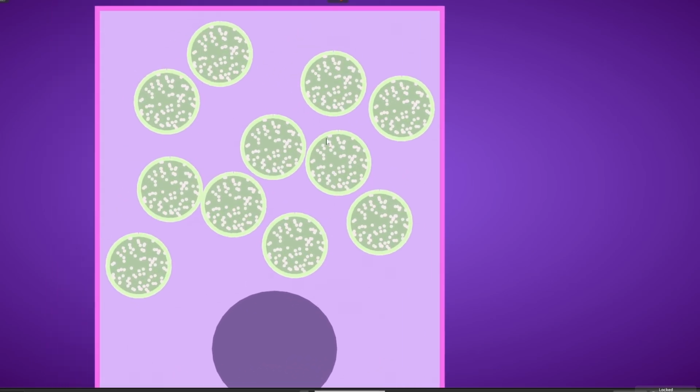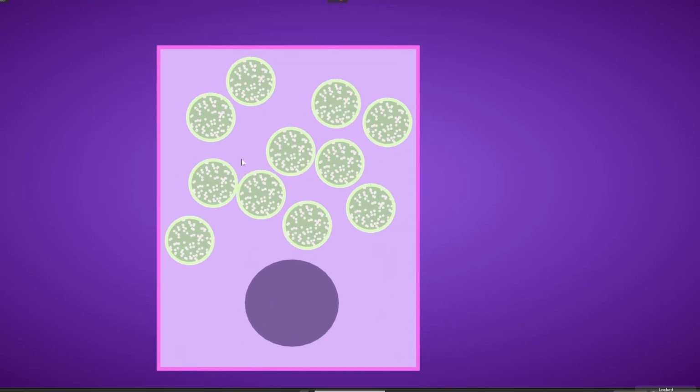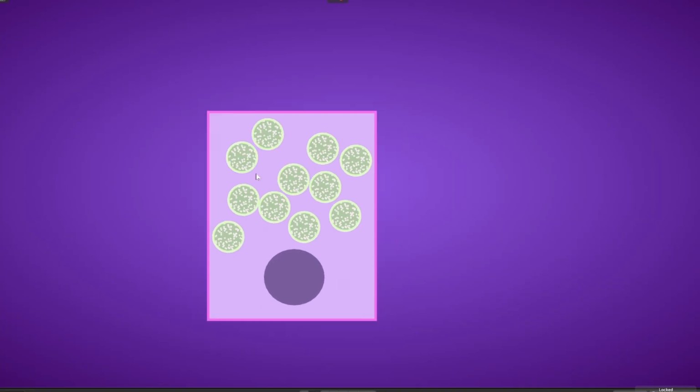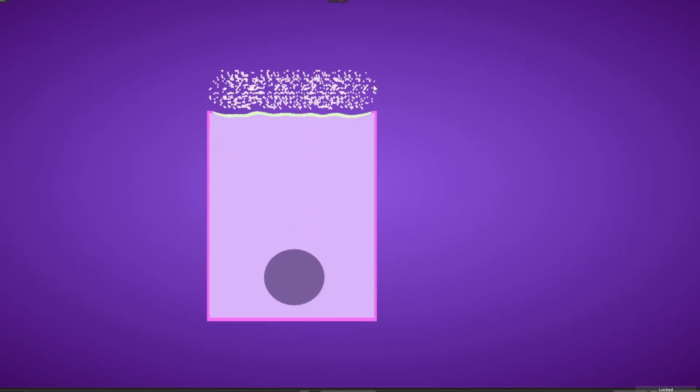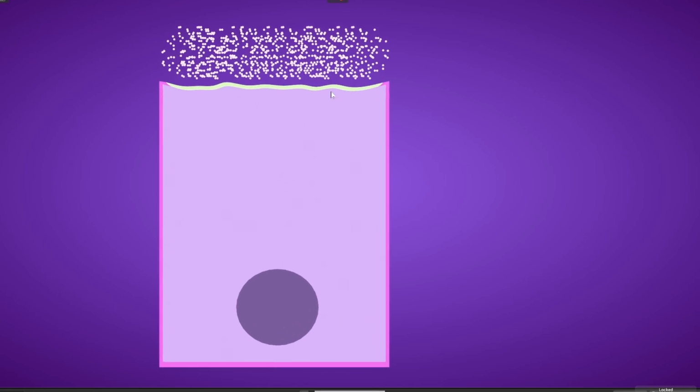Please understand this thing that secretory products are not directly floating within the cytoplasm. Rather, they are inside these membrane bound vesicles. Now, what the cell will do is that it will release these membrane bound vesicles outside the cell like this. So what is actually happening is that this process is called exocytosis.